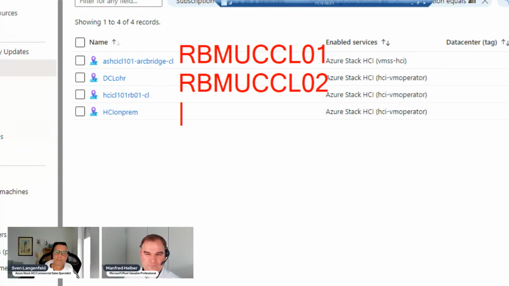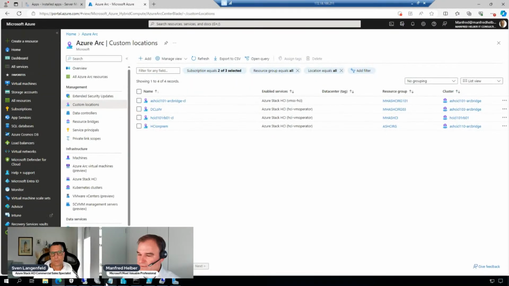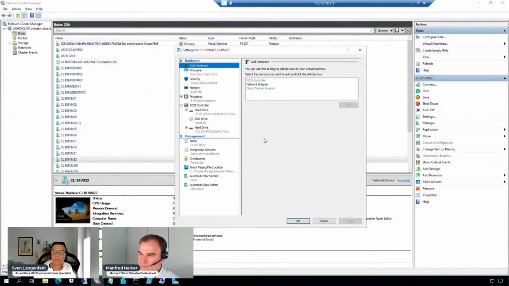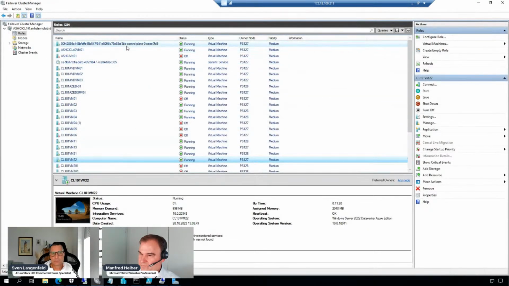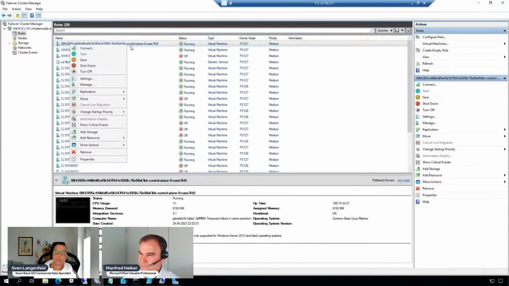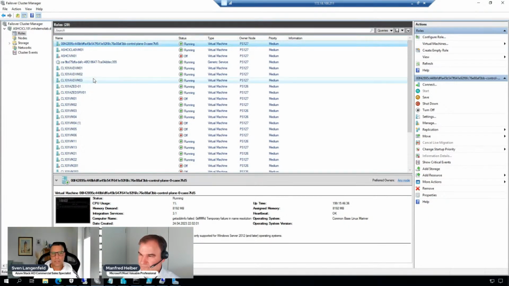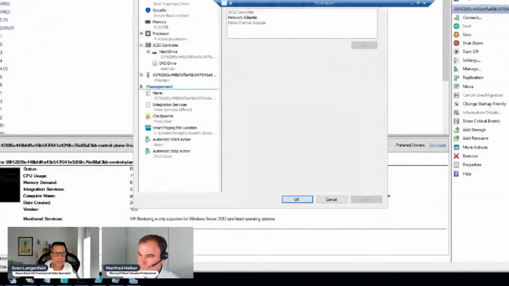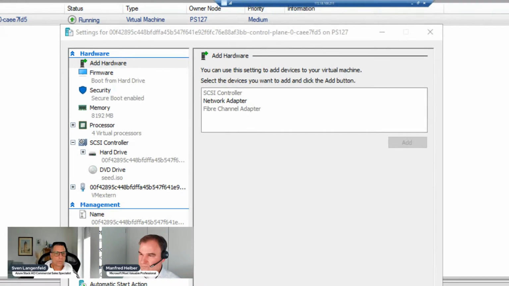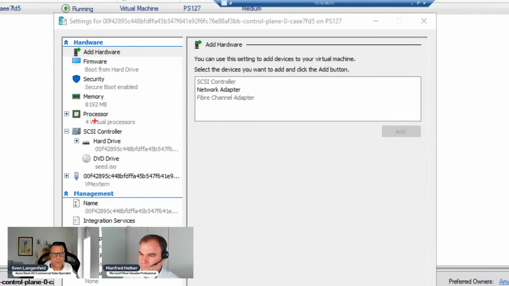How big is the footprint of the resource bridge? So I'm thinking about a customer, let's say in retail, 1,000 sites, and every site should run its own Azure Stack HCI cluster. Could be a single node cluster or a dual node cluster, not so big. And they, of course, want to use the Azure Arc Resource Bridge because of all the benefits like starting and deploying and so on and so on. How big is the footprint?